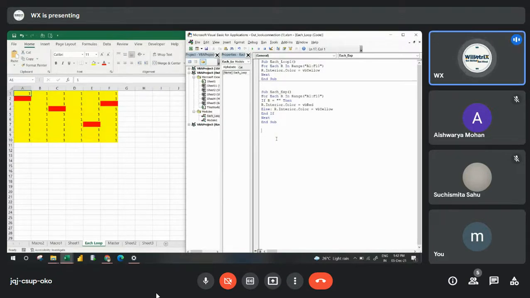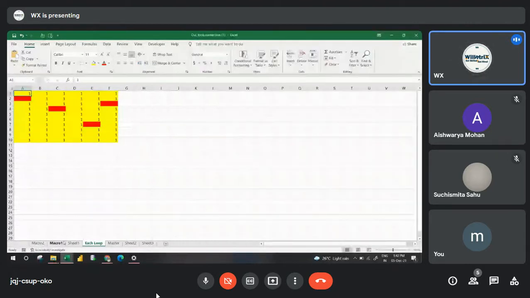Now I want to activate all these sheets one by one. Whatever sheets I have here: Macro 1, Macro 2, Sheet 1, Each Loop, Master, Sheet 2 and Sheet 3. So what do you do to activate all sheets?